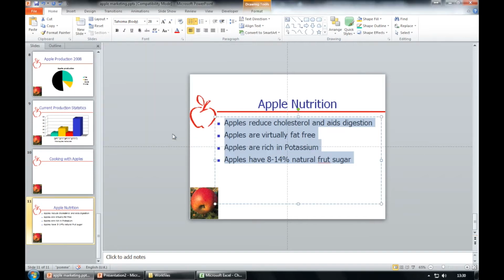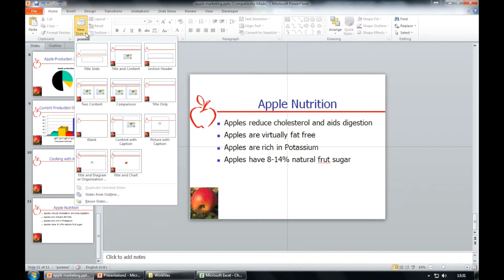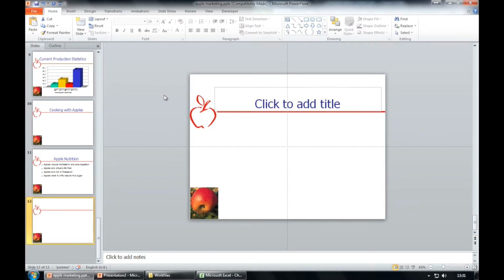Number 37, insert a new slide immediately after slide 11 titled Apple Nutrition. Choose a slide layout which allows a title only to be added. So here we need to insert a new slide. If we select the down arrow from here, it will give us the options as to what slides we can have, and it's asked us for a slide which allows a title only. So conveniently it's called title only over here, so if we click on that, that will give us a title